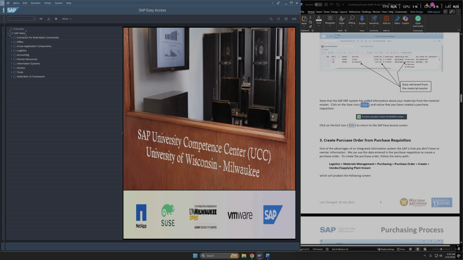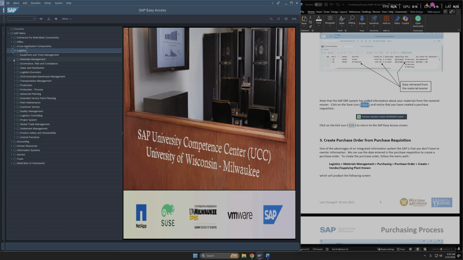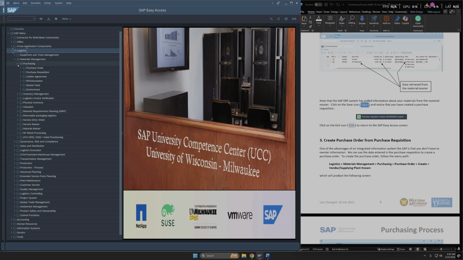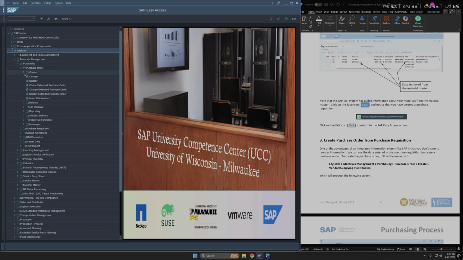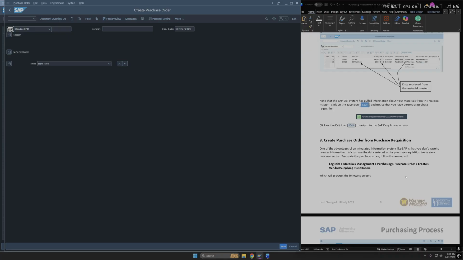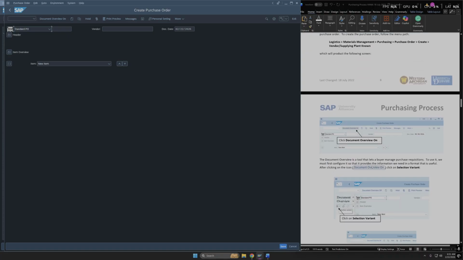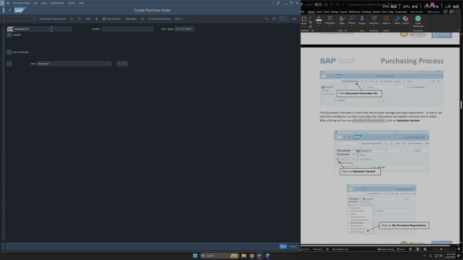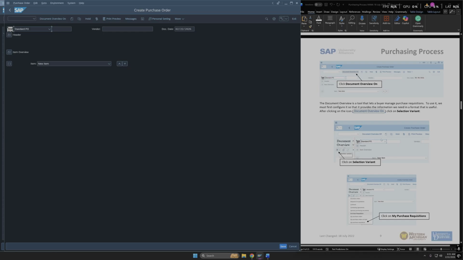Now it's telling us to create a purchase order from the requisition. We're gonna go to the logistics tab, and then materials management, purchasing, and then purchase order. Then we're gonna click on create, and then double click on vendor and supply. We want to make sure that document overview is on, which it is. And then we're gonna click on